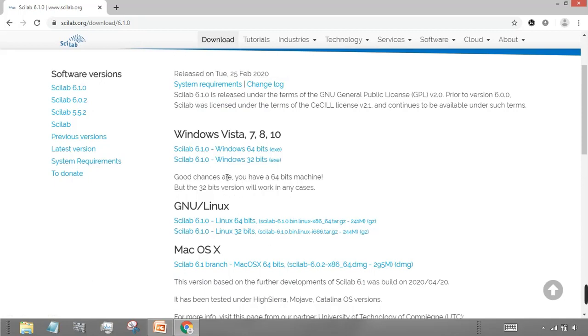From this you have to select whether you are using the Windows, Linux, or Mac operating system, and then select your bits, whether your machine is a 64-bit or 32-bit version. Depending upon that, just download the executable file. It will be somewhere around 250 MB to 275 MB. Just download that file and install it.